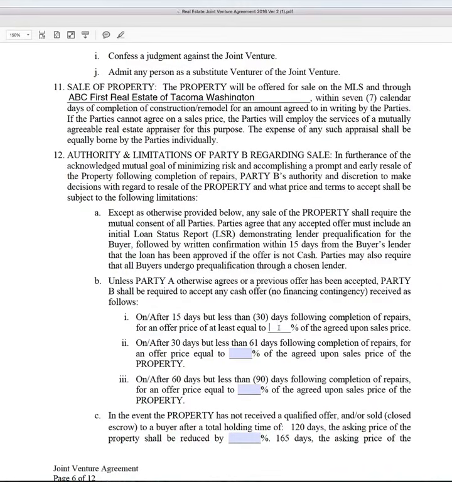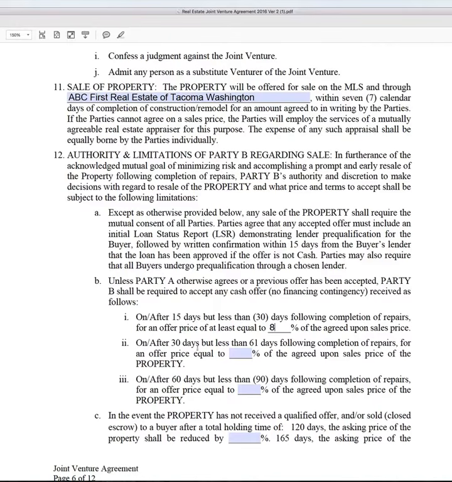So at the outset, maybe we state that you can drop the sales price by no more than 8%. So if we agreed on the sales price to be $600,000, but it turns out there's problems there, then Party B, without the consent of Party A, can reduce the price by 8% and list it for that. So in this particular case, you'd be able to list it for $552,000 without having to get Party A's